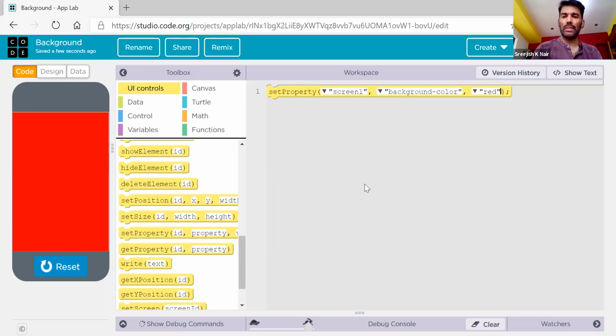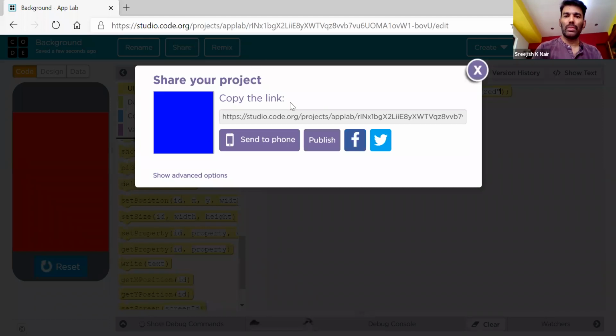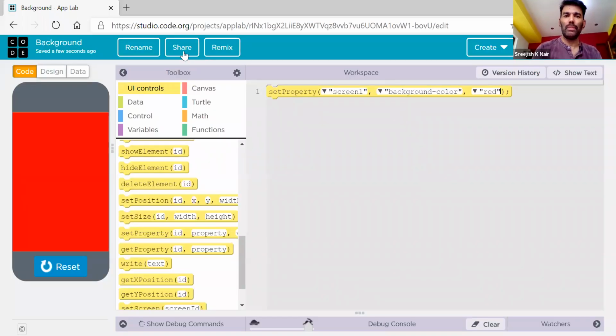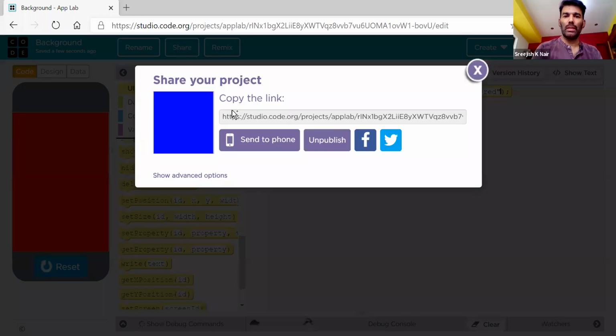Now, once this is done, how can you share it with your friends or family members? You have an option here called share. So you can publish this, right? You have an option to publish. It will ask you, are you sure? Yes, let's publish our program. And I'll go to share again, and you have a URL here.